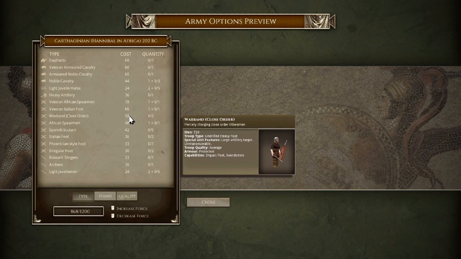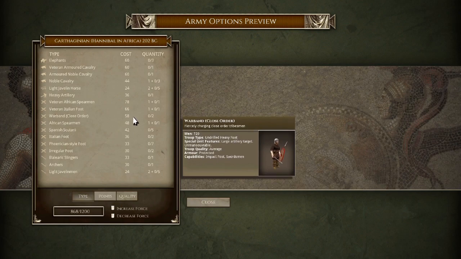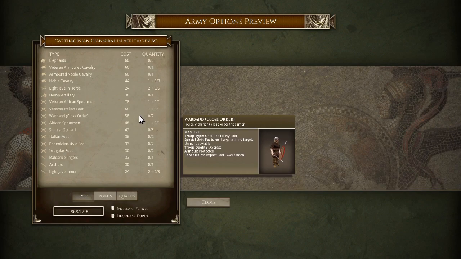We have the warbands, which are kind of an odd fit in Hannibal's army, but these are good quality impact foot. They will dominate other average quality foot in battle, especially with their large size, allowing them to grind them down even if they don't win an impact. So these units will dominate other units of medium and heavy foot that aren't offensive spear capable. And they will also do a lot of damage to offensive spears on impact, so they're great overall at dealing